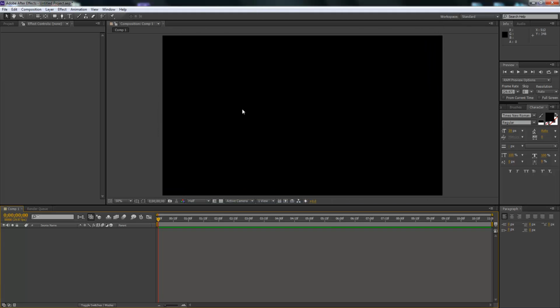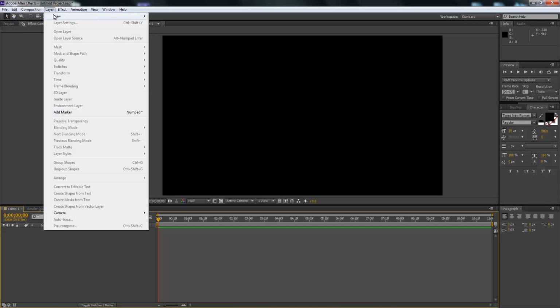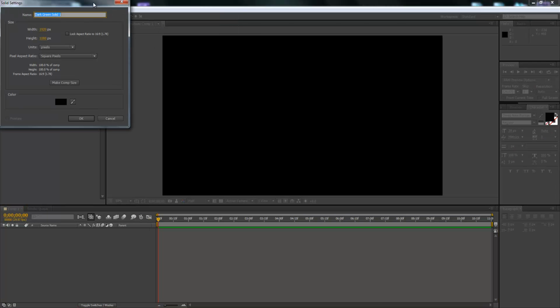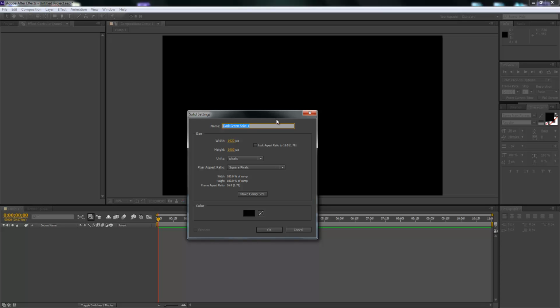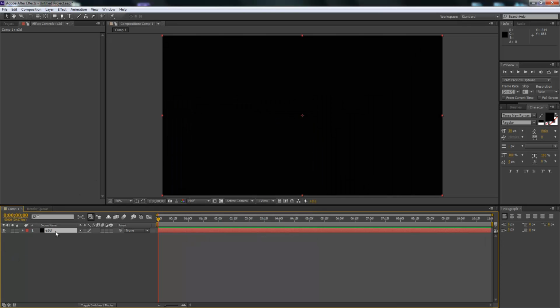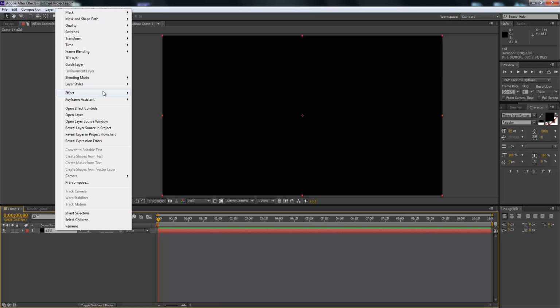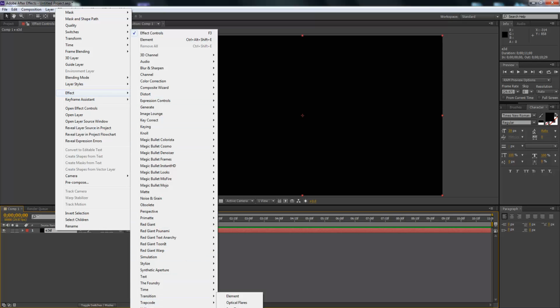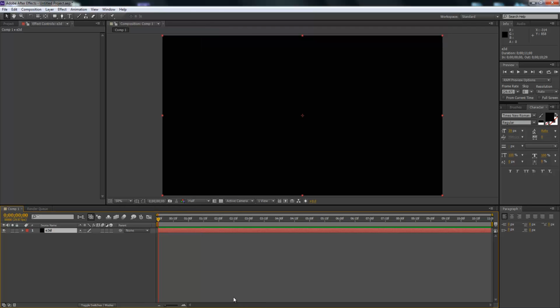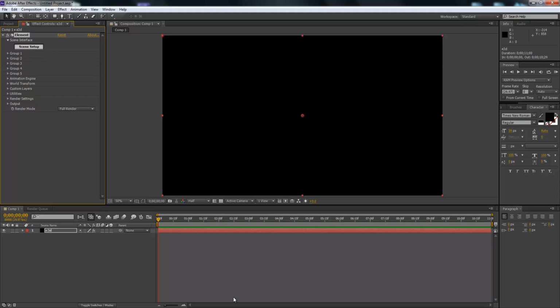Okay, so I've created a new comp. I've made it 11 seconds long, and what we're going to do is create a new solid and call that Elements 3D, and just click enter on that. Then we're going to right click, go up to Effects, Video Copilot. You will need Elements obviously, and you will need JetStrike in order to follow this tutorial. We are going to open up our scene setup,